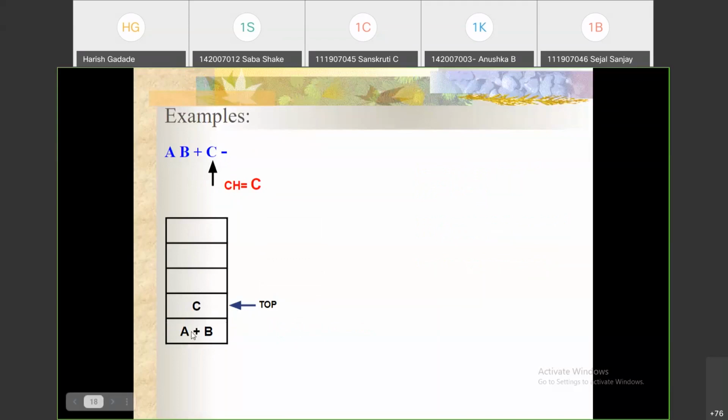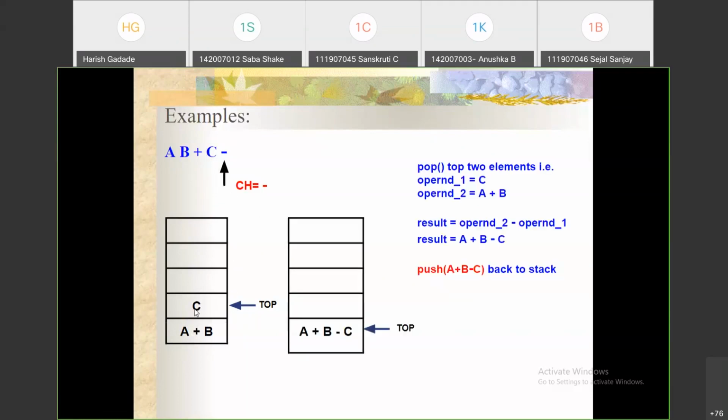Operand 2 is A plus B, then the operator is minus, and then C. Pop the top two elements: operand 1 is C and operand 2 is A plus B. Then the result is operand 2 minus operand 1. We insert the reading character, that minus, in between operand 2 and operand 1. So the result is A plus B minus C.